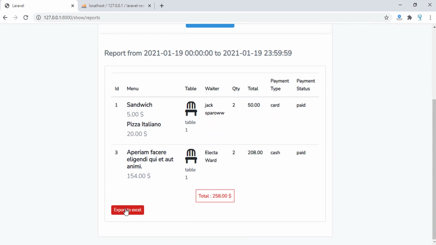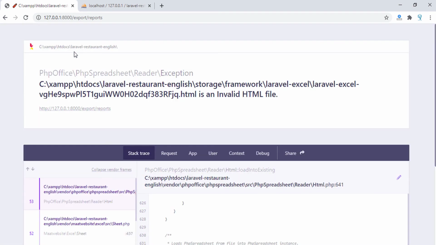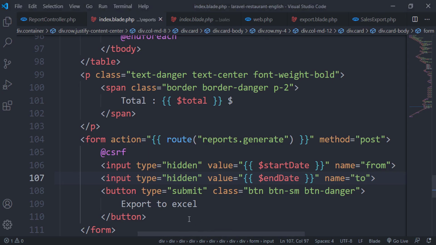So as you can see here, we have export to Excel. So if I click on export to Excel, I have something wrong here. So what is the error exactly? I forgot to add something. So before we generate